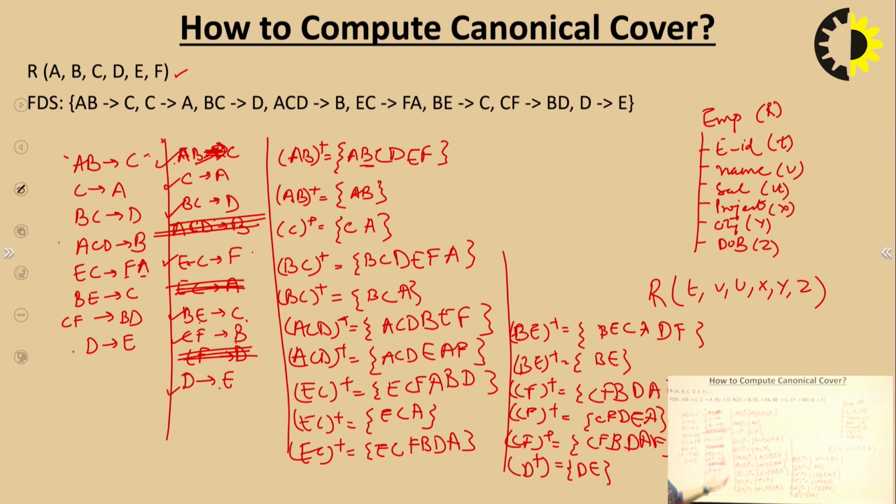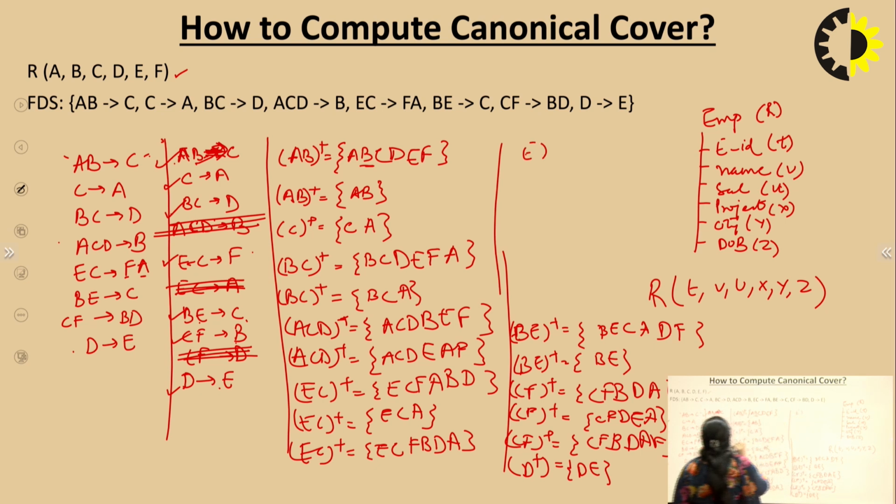So this is how we have found the canonical cover. If we are able to find the canonical cover, there are extraneous attributes also. We are not able to decompose the left hand side of this functional dependency. If we are able to fetch this functional dependency by removing E or C, then these will be the extraneous attribute. So how will we find out and remove the extraneous attribute?